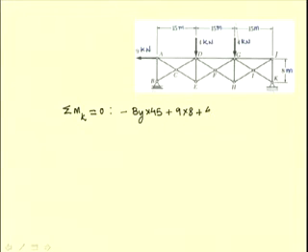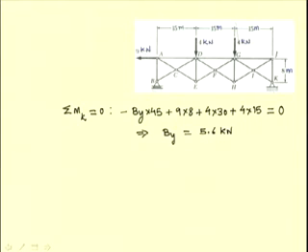So, we add them. 4 into the moment arm of this, which is 30 meters, plus the moment arm for this 4 kilonewton force, which is 15 meters, and we equate this to 0, because for equilibrium to exist the moment of all the forces about a point has to be 0. From this equation it is possible to determine By, and it has been found to be 5.6 kilonewton.